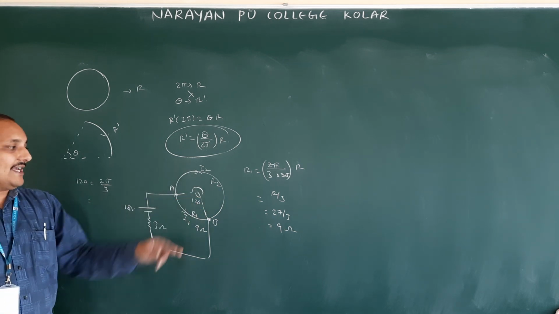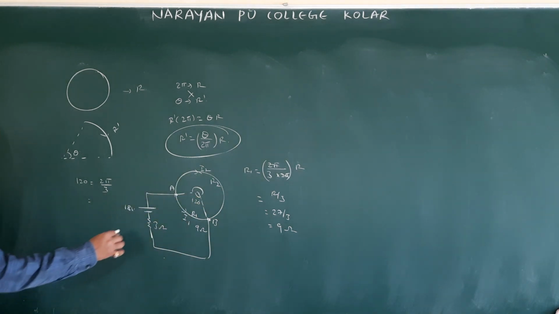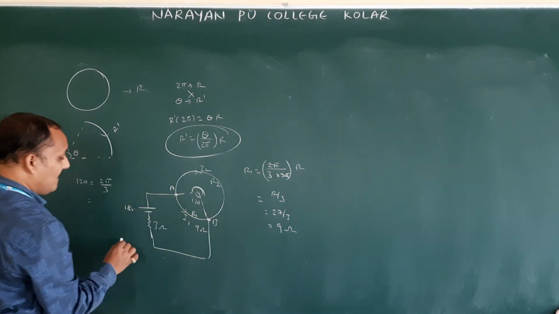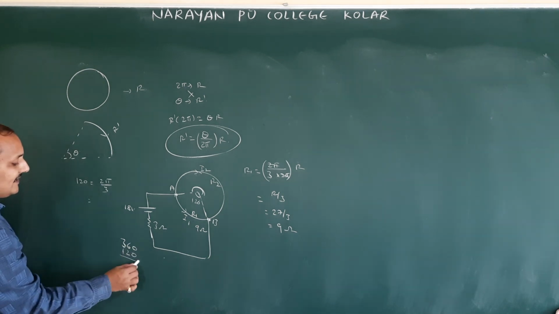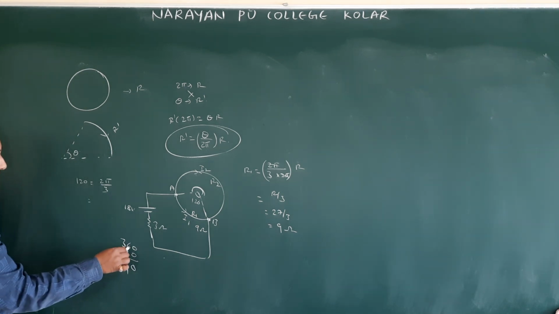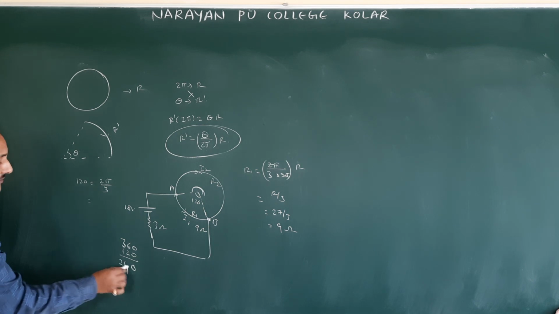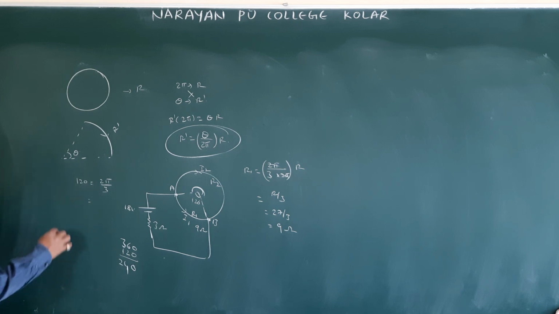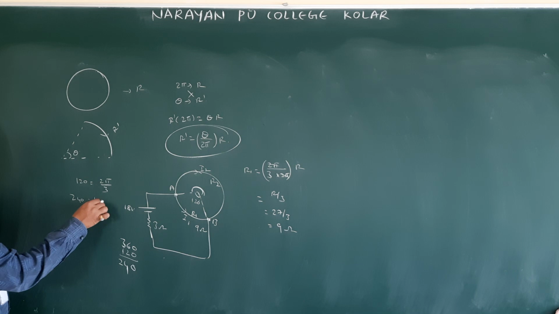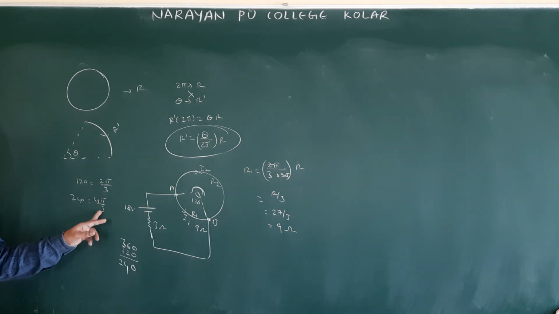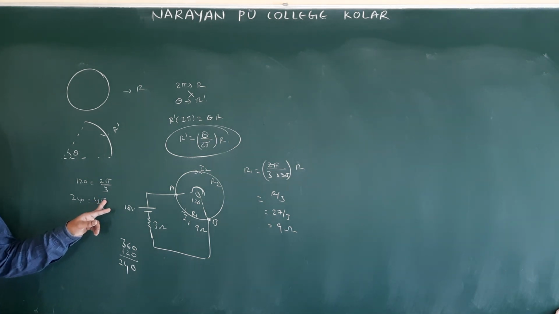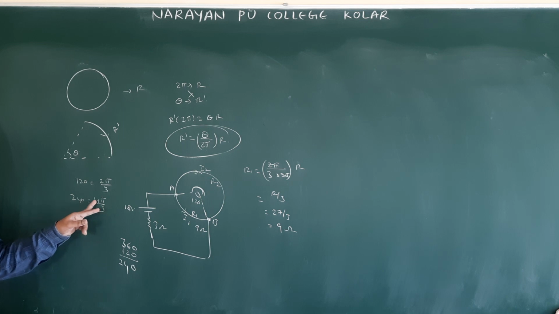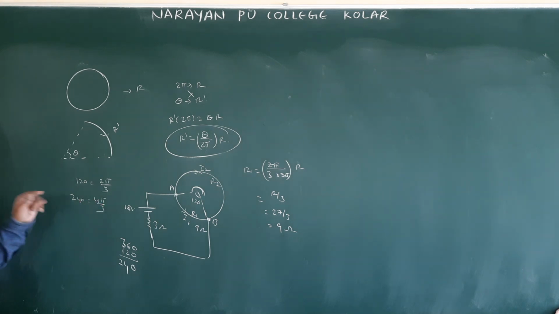Now R2 you should calculate. 360 minus 120. Remaining angle, how much here? 360 minus 120, so 3 minus 1, 240. How will you write 240 in terms of pi? Okay, 4 pi by 3. 4 pi by 3 only. So 240 is equal to, can we write 4 pi by 3? So pi by 3 is 180 by 3, 6 3s are 18, so 6 into 4, 240.